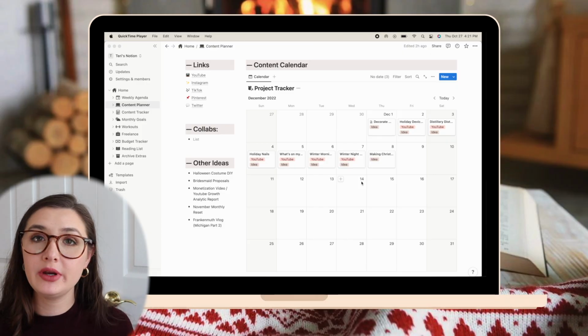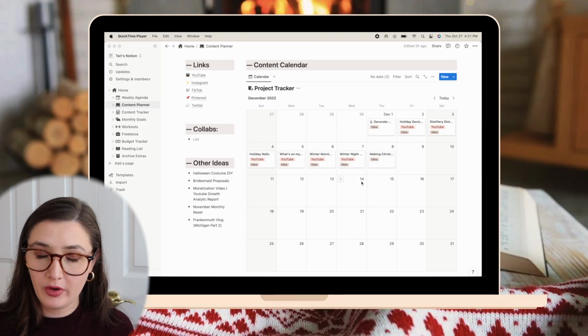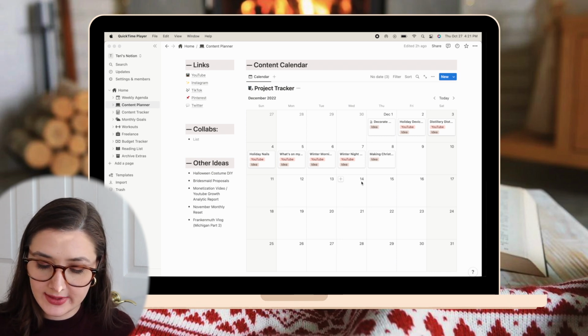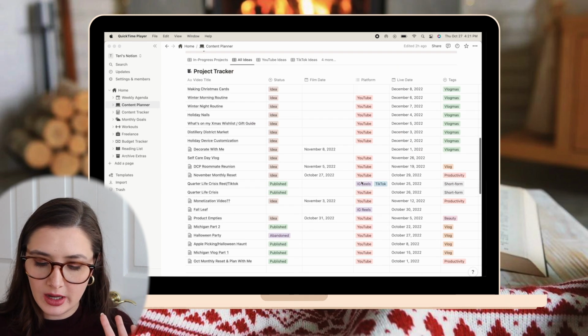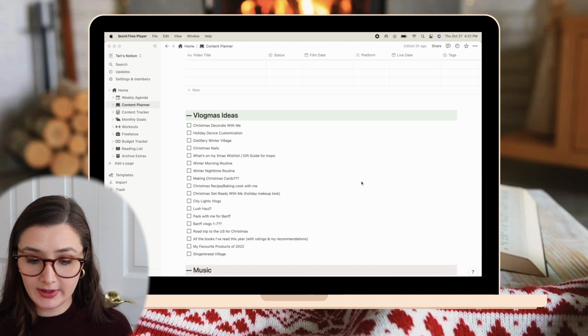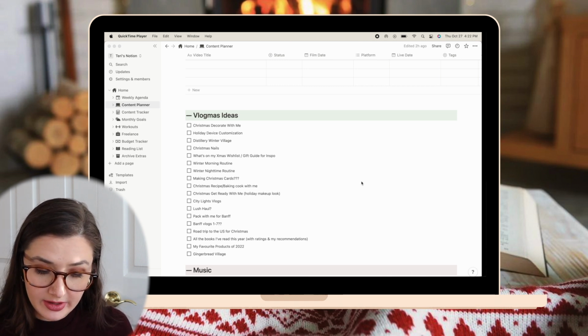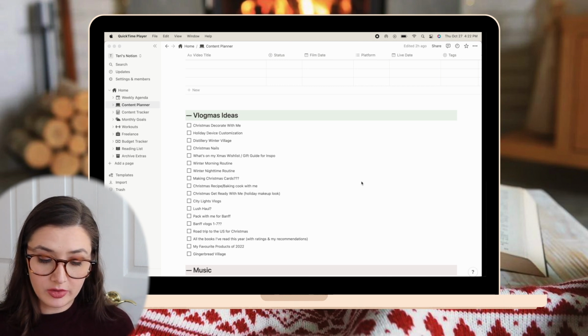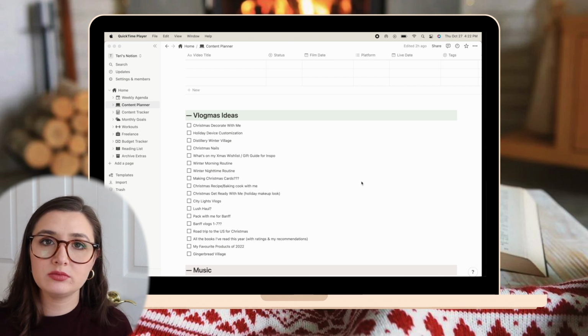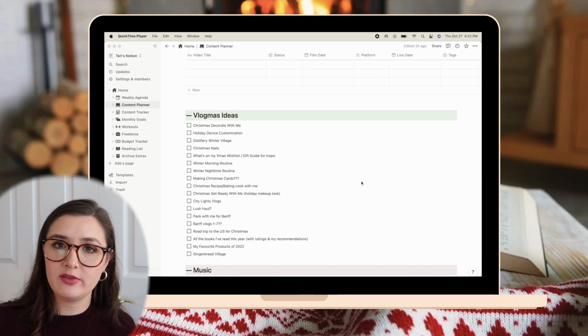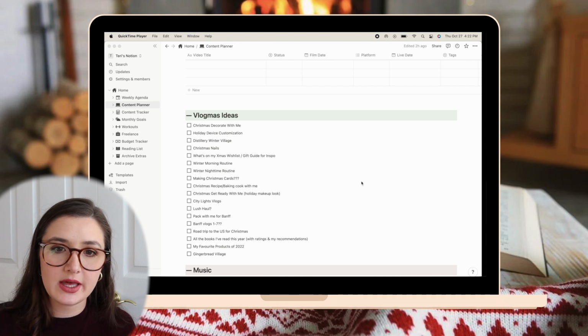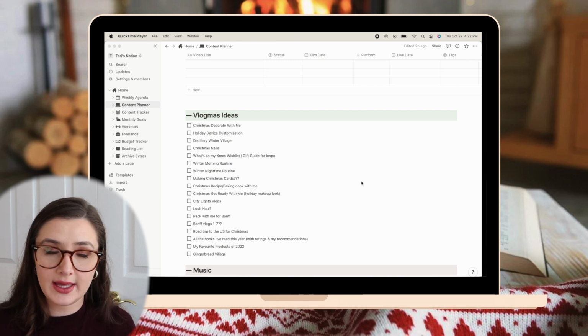Okay, so I put in what makes sense for realistically the first week of December, just based on timing. I'm not going to get ahead of myself and just leave it like that for now, but I do have enough ideas, I'm pretty sure, including with all the Banff vlogs, for a full 25 or 24 videos. So I think I'll be set as long as I can really get to filming them.